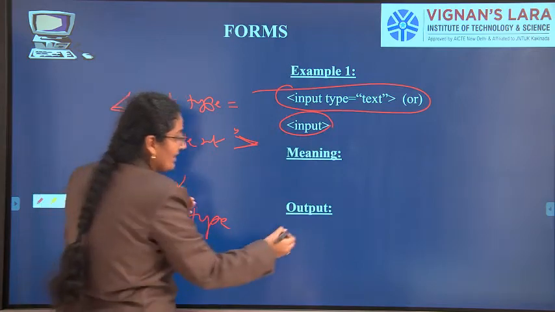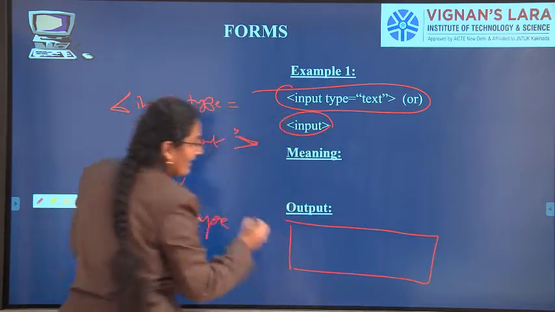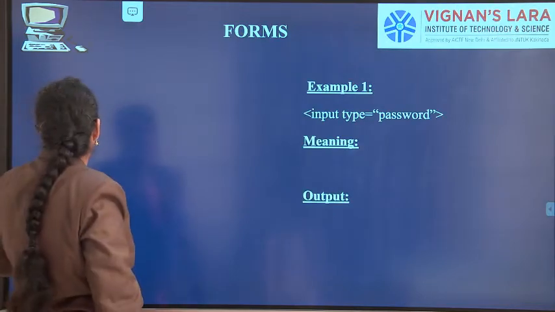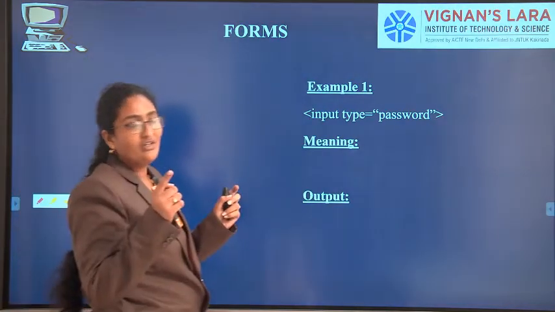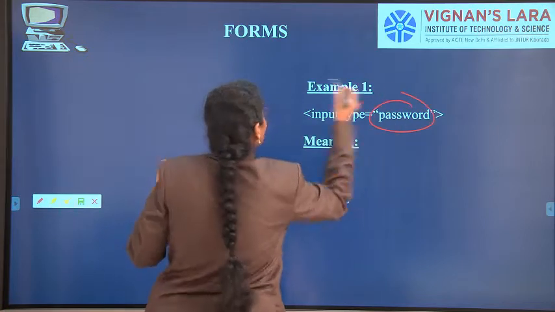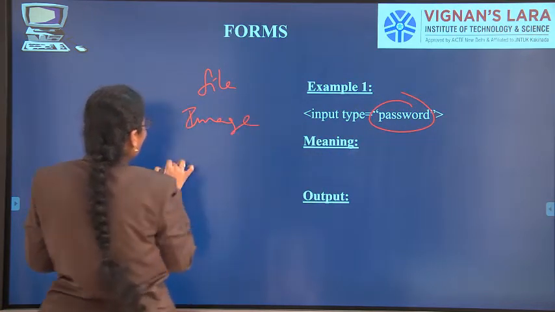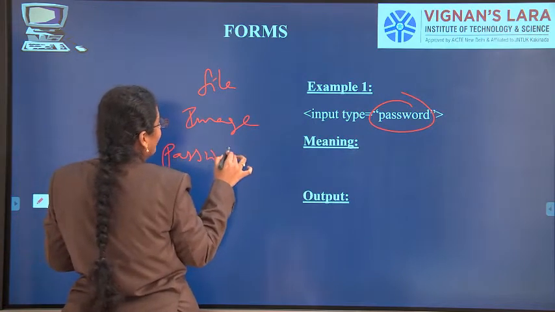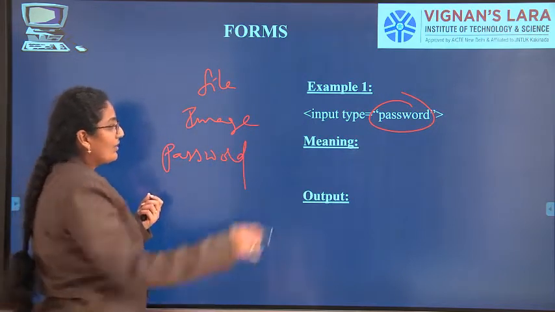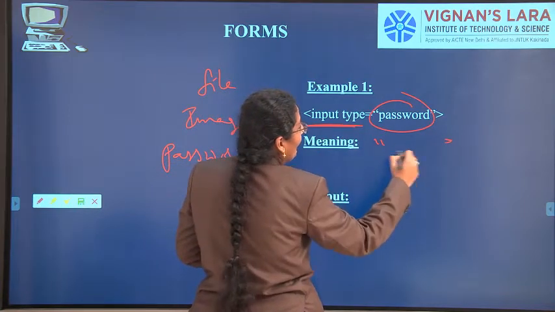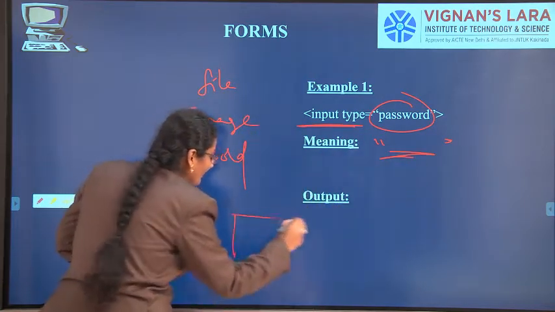What output will it generate? It will generate a rectangular box, nothing but a text box. As I told you, not only text box, we can give password, file, image. What I have given here is input type in double quotation password, so asterisks will be printed here.